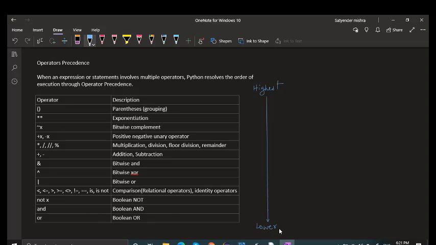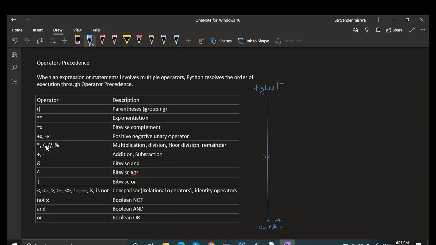So it goes from highest priority to lowest priority. Fine. This is how the precedence of the operators works. As we gain experience with Python, we will understand the precedence of the operators.